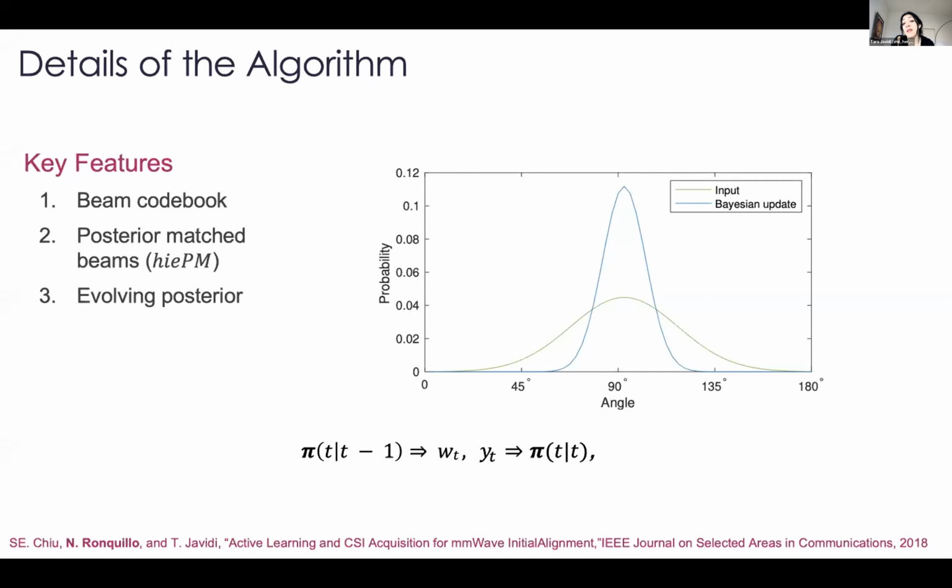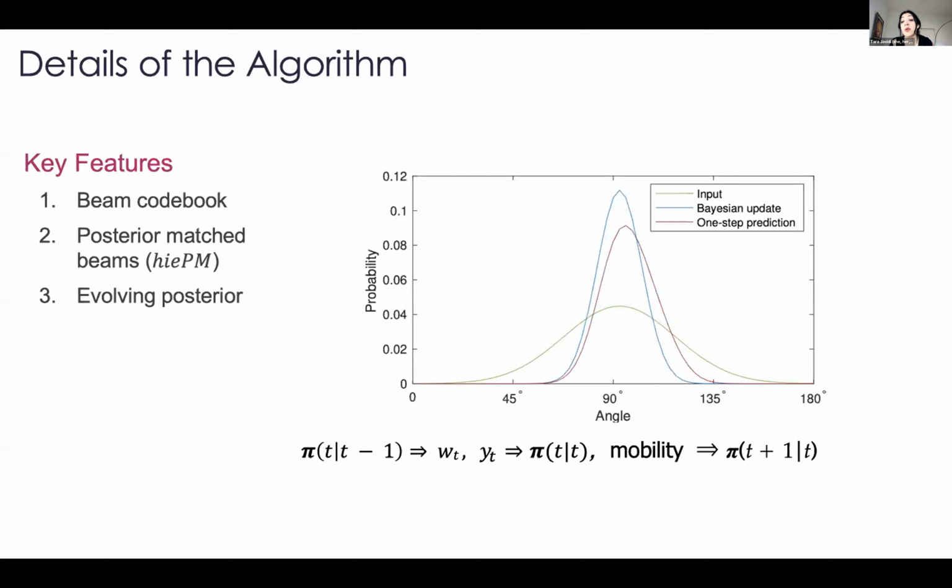And then here is where you can nicely account for the mobility model. Your mobility model now allows you to do a prediction step of where you think this posterior will go, given what you predict about the mobility. If you have a fixed velocity, which is fully predictable, all you will do is shift. And that's where you account for the predictable part of mobility versus the unpredictable part, where it just will fatten this posterior.